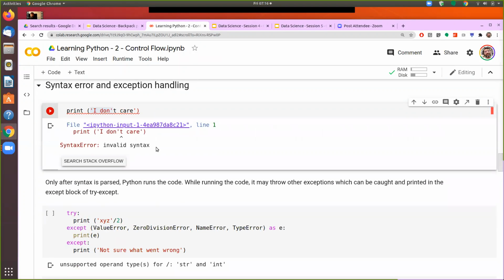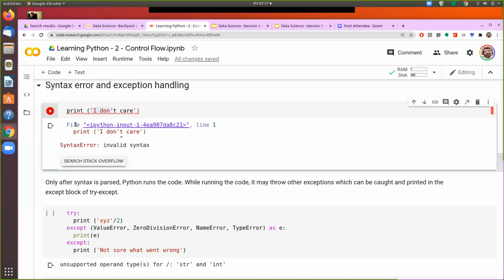Now, these kinds of things are called a syntax error. It means that there is an error in the way that we are writing the code, that the syntax itself contains an error. Now, what happens in the cell here is that once we click on the play button, the first thing that Python does is go through all the lines contained in the cell and see if there is a syntax error. If there is a syntax error, then it will not start execution of the code here.